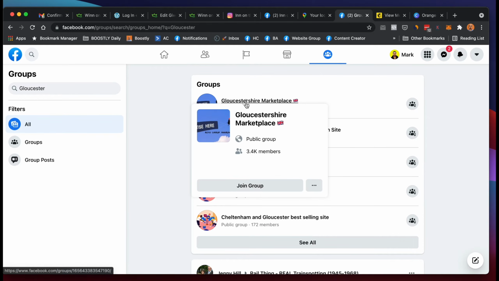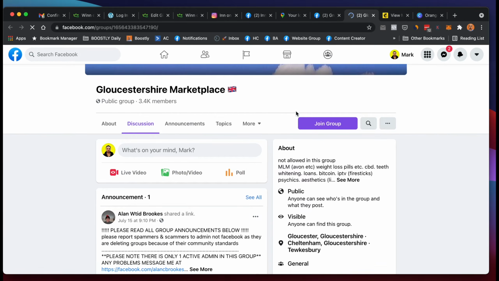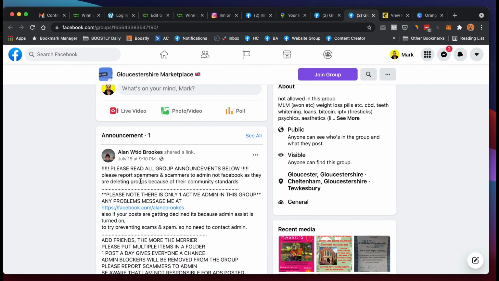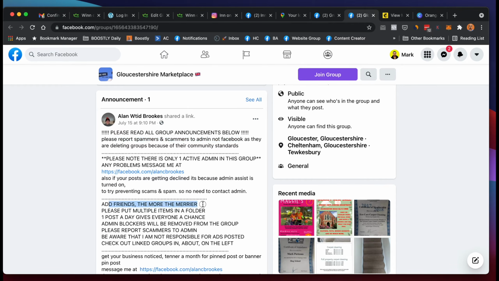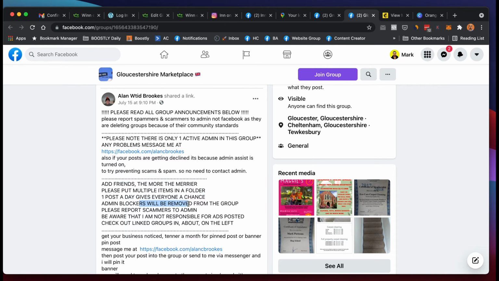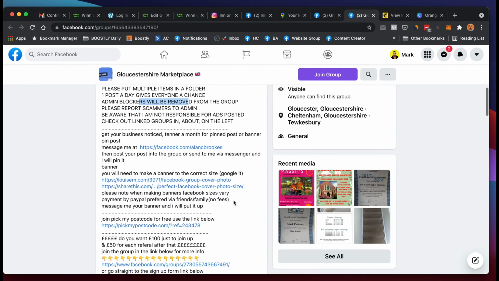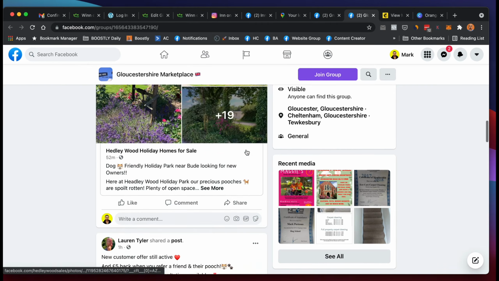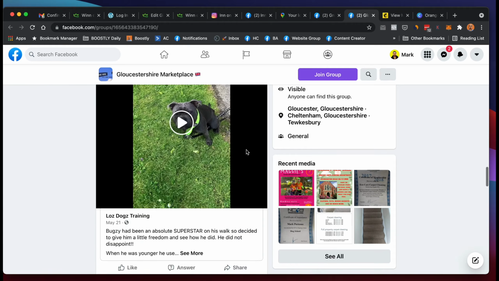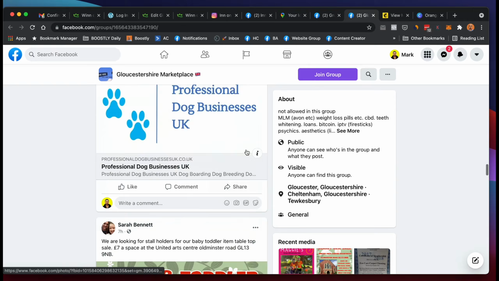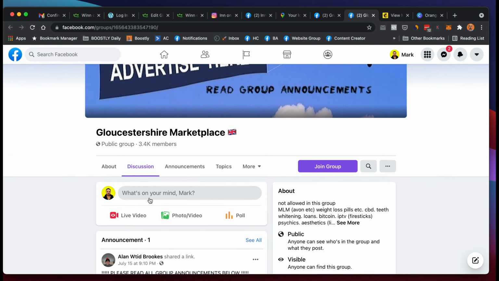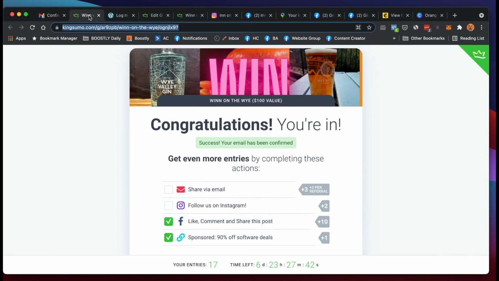There's the Gloucestershire Marketplace, 3.4 thousand people. Please always read the group rules. Please report scammers. Get your business noticed. We're not going to pin it. So it looks like they do allow business posts, which is good. So I'm going to join the group, and I'm going to put the post up in there again, directing them back to